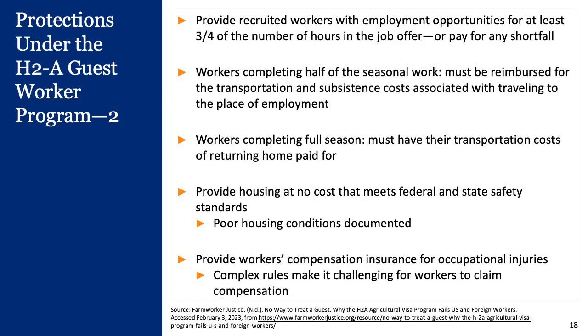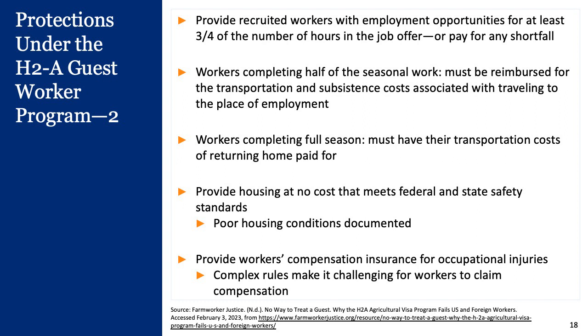Under the H-2A program, employers must also provide recruited workers with employment opportunities for at least 3/4 or 75% of the total number of hours in the job offer or pay for any shortfall. This is meant to protect against over-recruitment that is designed to reduce wages and assures migrants who travel long distances that the job will be worth their trip. For workers who complete half the season, the employer has to reimburse transportation and subsistence expenses associated with traveling to the place of employment. While for workers who complete the entire season, employers must pay the workers' transportation expenses associated